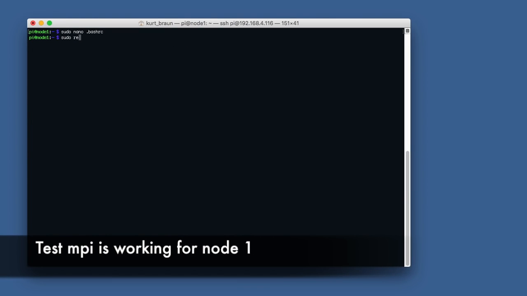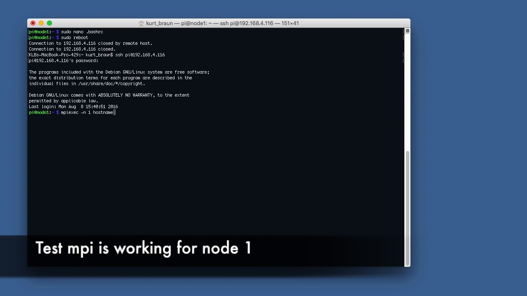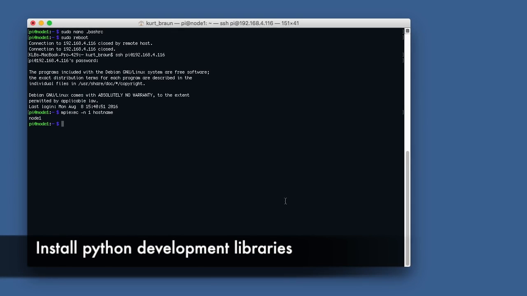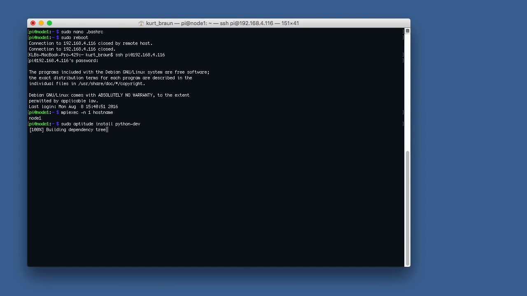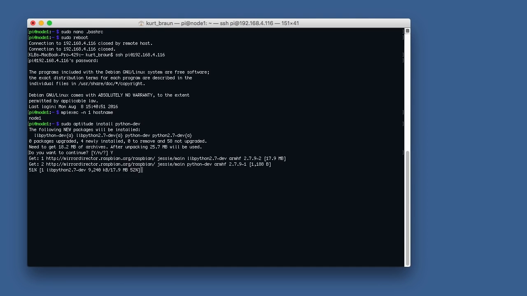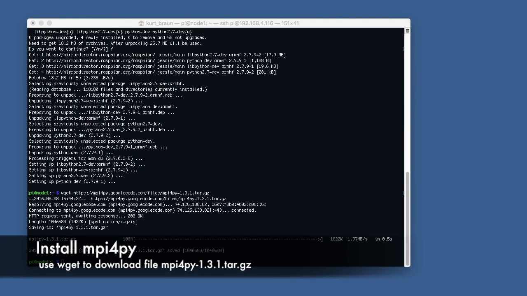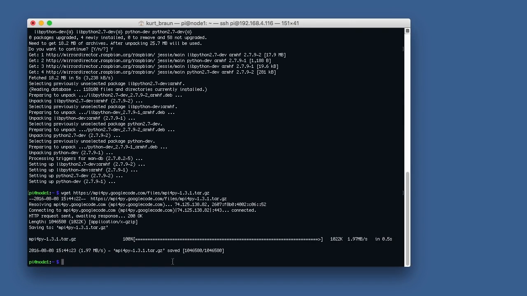And we'll go ahead and reboot node1, and then we'll test MPI by executing an mpiexec -n 1 hostname, and we should see node1 respond, and it does. So now we can install mpi4py, which is the Python application library. So we'll just install python-dev, which is a prerequisite for the mpi4py, which we'll install now